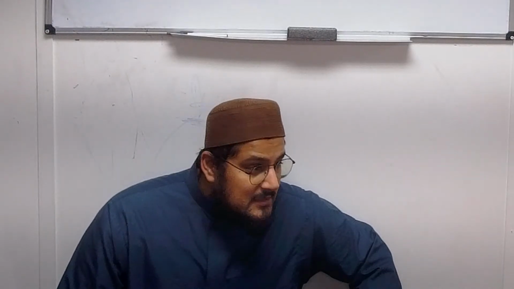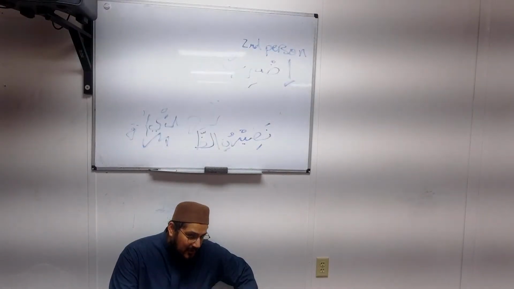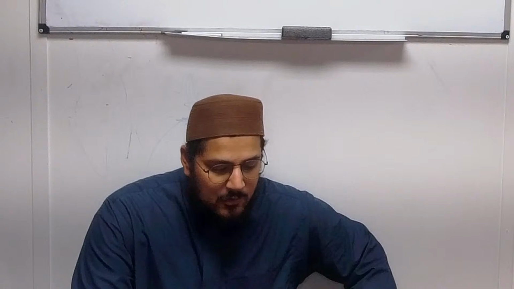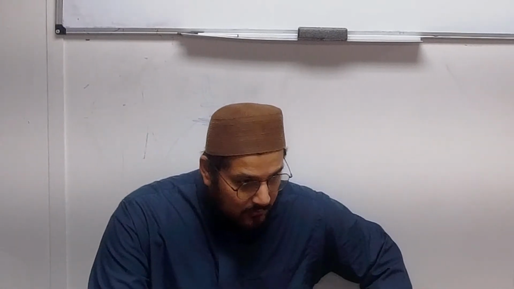One final thing is how it is that we are going to pluralize human beings that are female. Okay, so females. Because we learn how to pluralize males by adding what? Una, ina, and ina. Okay? Now we have to learn how to pluralize females. Like for example, as a base starting word, we can take the word muslimatun. Okay? Muslimatun, which means